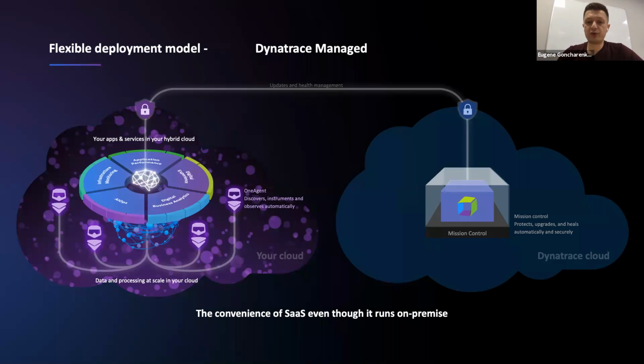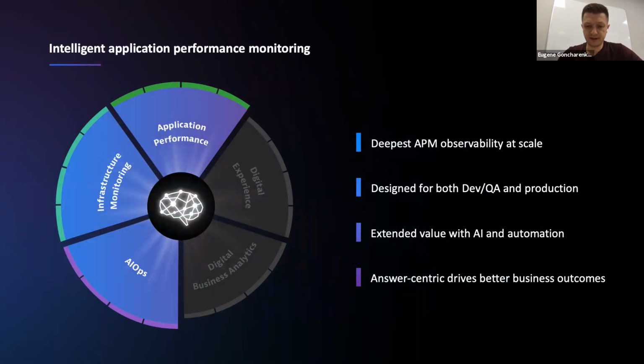And of course, from the use case perspective, a lot of customers start using Dynatrace from the classic APM use case to analyze their critical applications and reduce mean time to repair. Together with infrastructure metrics, artificial intelligence helps them get all the things together and provide answers instead of data. But also,